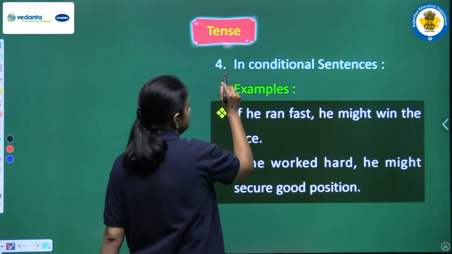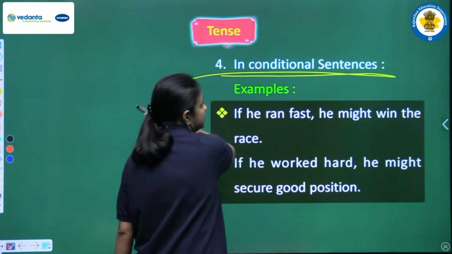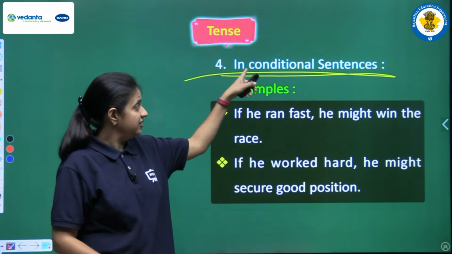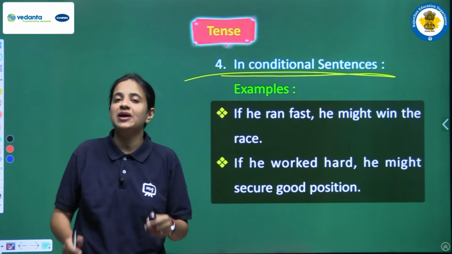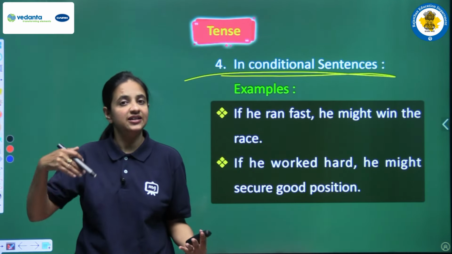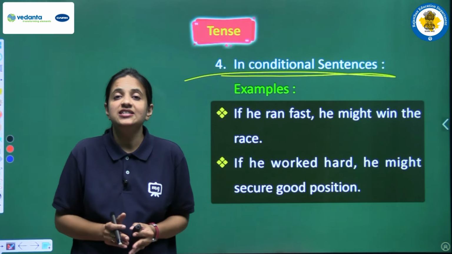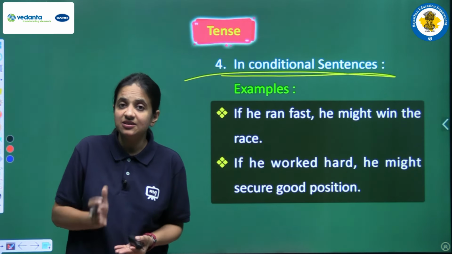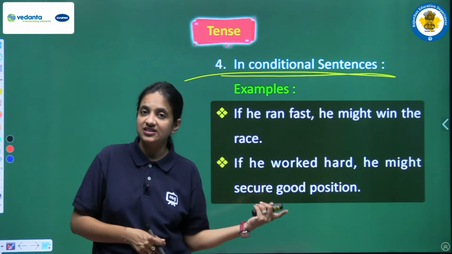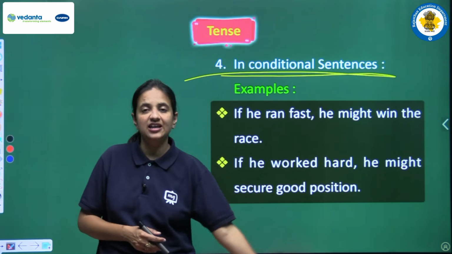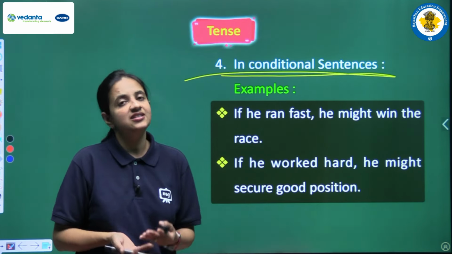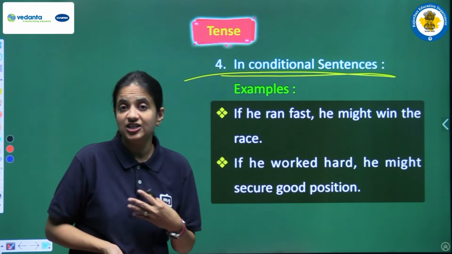Next, the fourth use of past simple tense that we are having. This tense is used in conditional sentences also. Earlier also we have read this term conditional sentence. एक बार पहले भी हमने discuss किया था that the sentence in which we are having two clauses, condition clause and result clause. And इससे पहले हमने present simple tense भी पढ़ा था conditional sentence में. So yes, we will read conditional sentences in detail later, but right now just understand this thing that past simple tense, this tense is also used in conditional sentences.